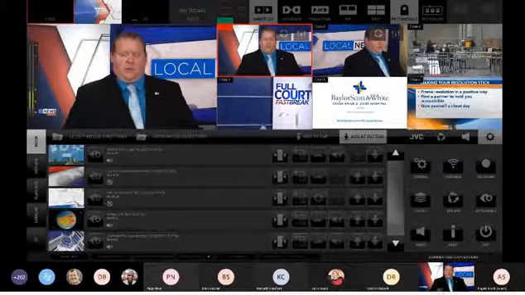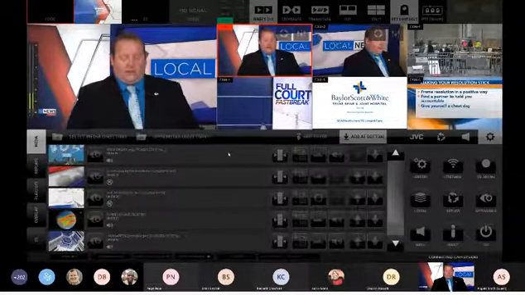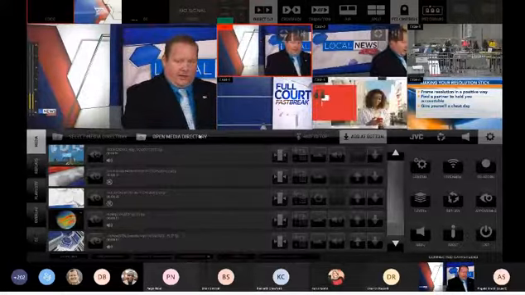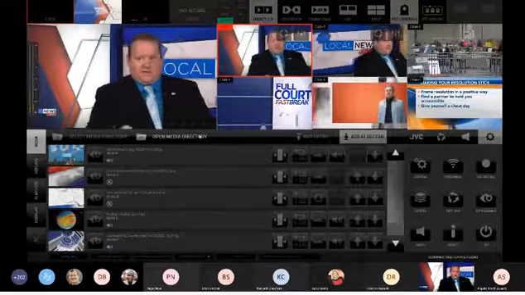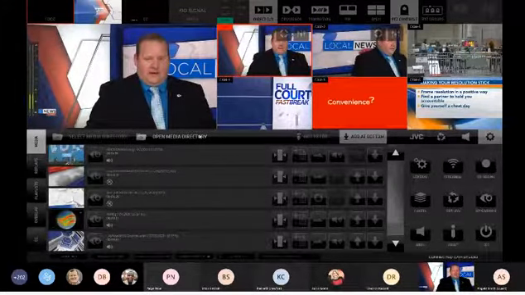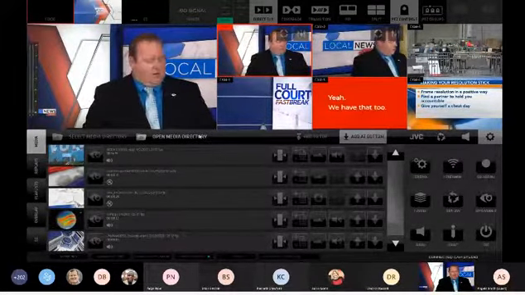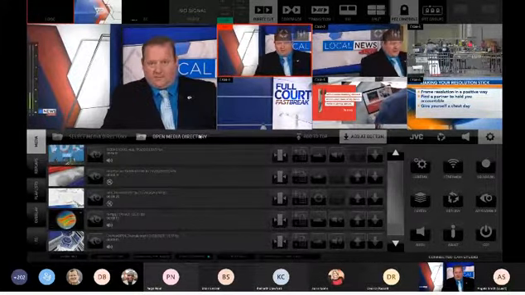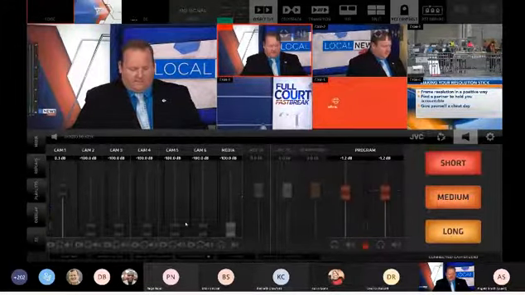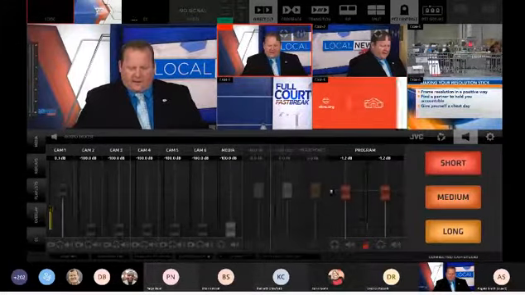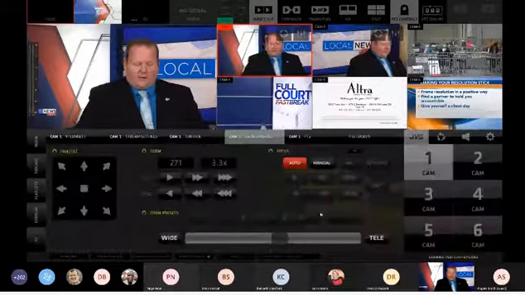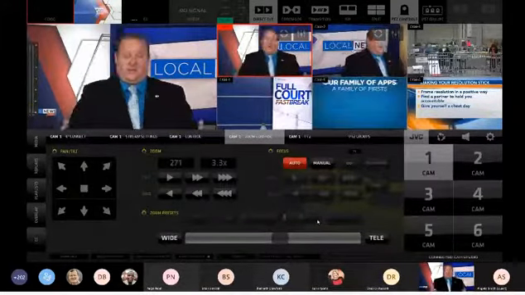Now, the only thing is when you play audio out of your JVC, if it's wired to the new specifications through Gray, where all your audio goes into the Behringer, then into the JVC and then out from the JVC to your router or wherever it may be, then the media you play from the JVC will not go through the Behringer audio board. You have to do it through your audio settings here under the media. So if I tried to play out a clip right now, it wouldn't work unless I have this turned up. That's the only drawback to this new setting, but it's the best way that we've come up with the audio